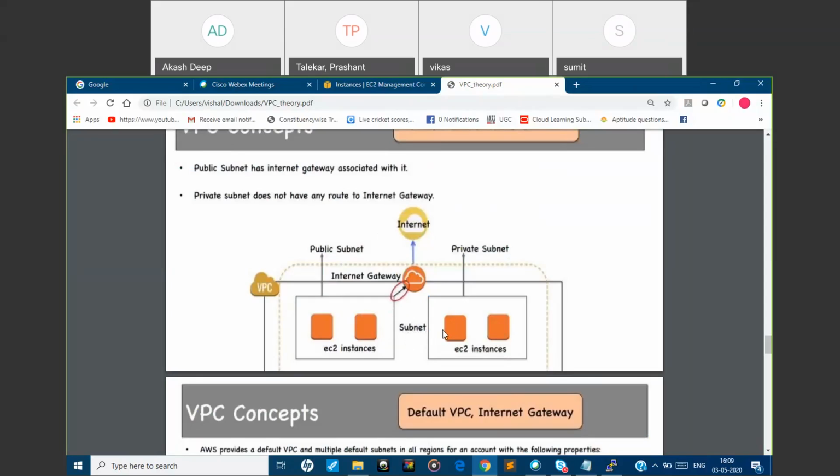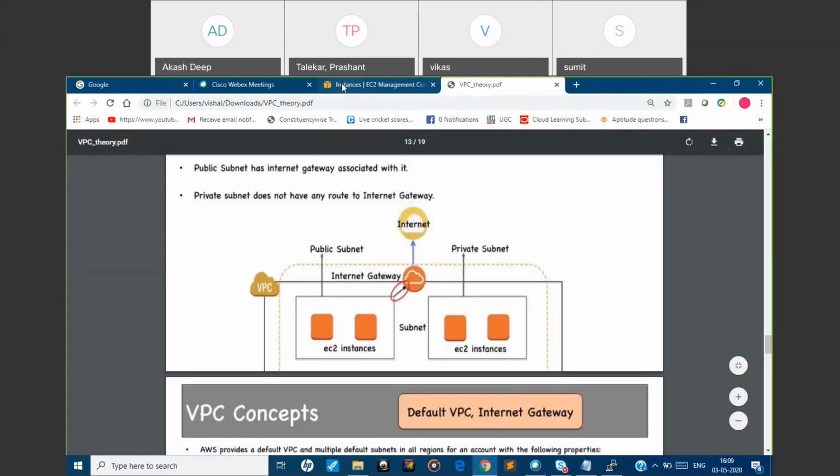If I am in my private network... as of now, I am in the public network, and I made this subnet public. That's why I am able to access it from the public network. If we had made this a private one, then with the help of the private network we could access everything. Okay, got it.